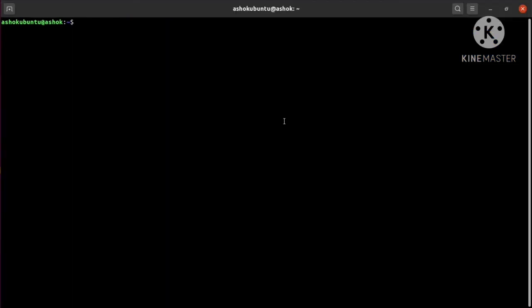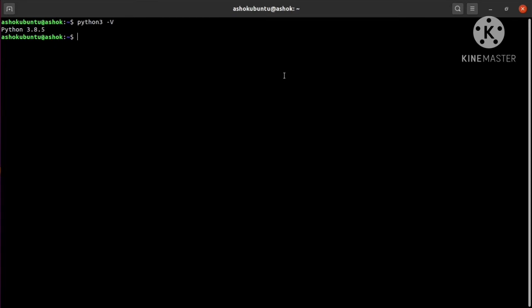In the terminal, to check which Python version you have installed in your laptop, just put python3 -V with a capital V, because you need to check the Python 3 version. If you put this, you will get the Python version. I have Python 3.8.5 installed on my laptop. It came along when I installed Ubuntu; this Python version is installed by default.